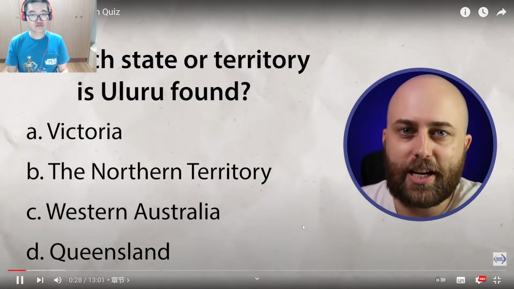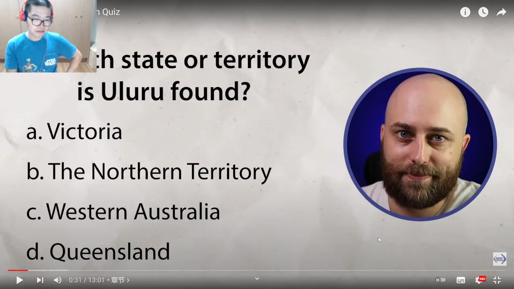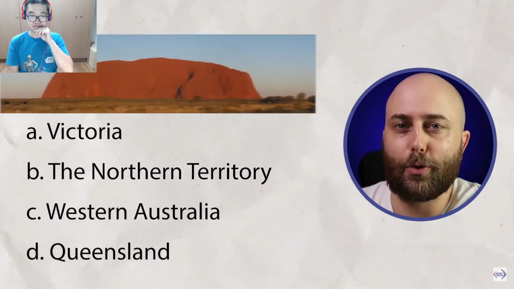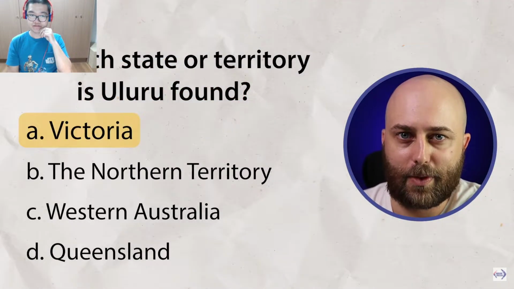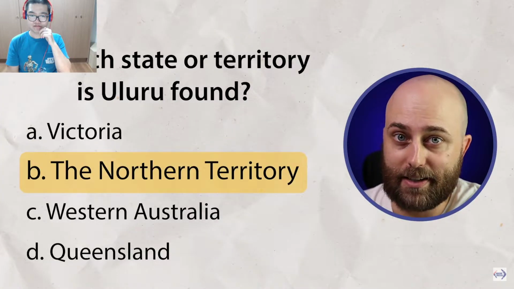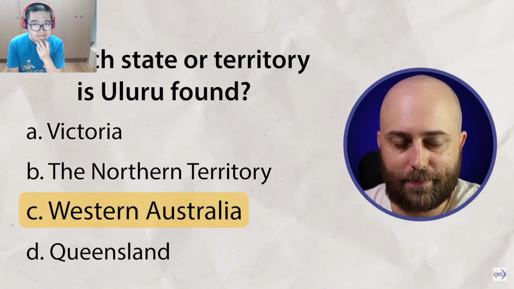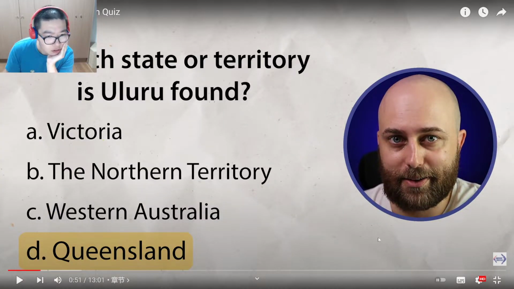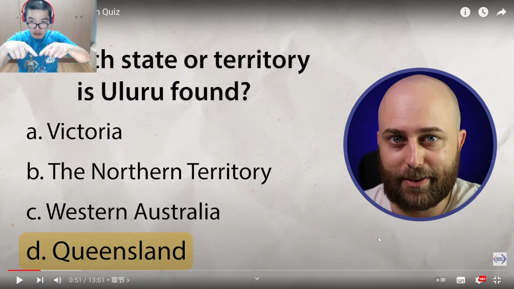In which state or territory is Uluru found? 这个简单。In which state or territory is Uluru found? This is also known as Ayers Rock, but the indigenous name is Uluru. A. Victoria. B. The Northern Territory. C. Western Australia. Or D. Queensland. 哎，我怎么觉得好像这是 B The Northern Territory，虽然它是在中间，但是它是属于达尔文的管辖范畴的。